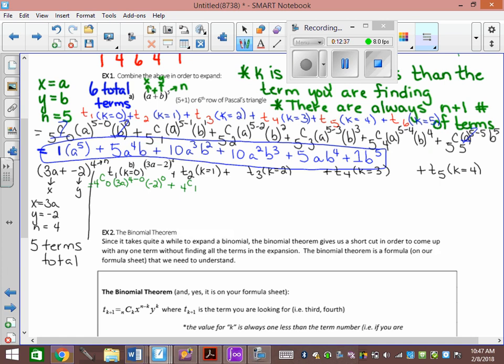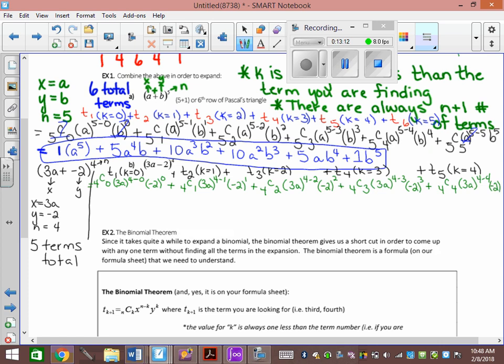All the zeros are going to become 1s. 3a to the 4 minus 1, -2 to the 1, plus 4 choose 2, 3a to the 4 minus 2, -2 to the 2, plus 4C3, 3a to the 4 minus 3, -2 to the 3, plus 4C4, 3a to the 4 minus 4,